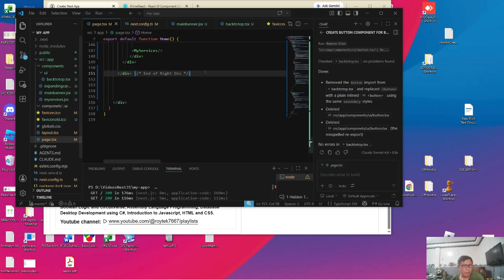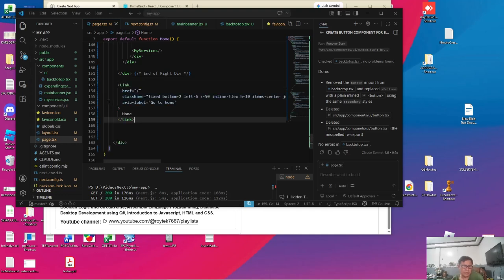Okay, let me put a link tag. This is just a link to home. So it's a link tag. It's an ordinary a href tag in HTML. That's the nearest equivalent. Let's remove the classes first.